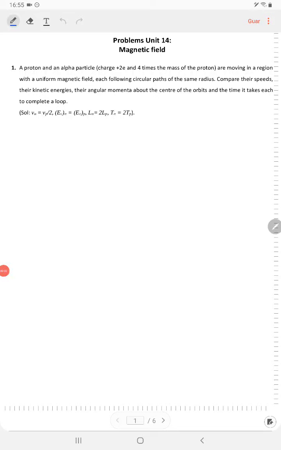In this video, we solve problem 1 of Unit 14. In this problem, we have a proton and an alpha particle. The alpha particle has twice the charge of the proton, so Q sub alpha is twice the charge of the proton. Everything related to the alpha particle we denote by alpha, and we use P for the proton. The alpha particle's mass is 4 times the mass of the proton, because it's a helium